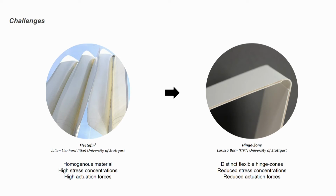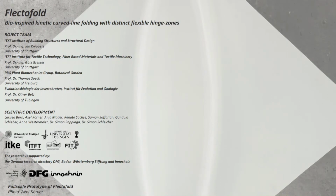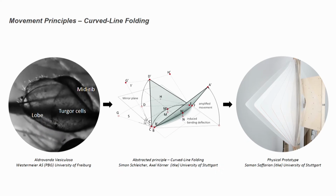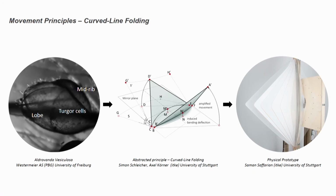So that's why we were looking into how can we create similar systems but with very distinct hinge zones, which were flexible, and we could reduce the stress concentrations and also reduce the actuation forces, which led to the development of the so-called Flectofold, where we again work with biologists in Freiburg together and with the material developers of the ITV in Denkendorf to finding solutions in nature to develop systems with distinct flexible hinge zones. And one of those examples would be the Aldrovanda vesiculosa, which is a underwater carnivorous plant,